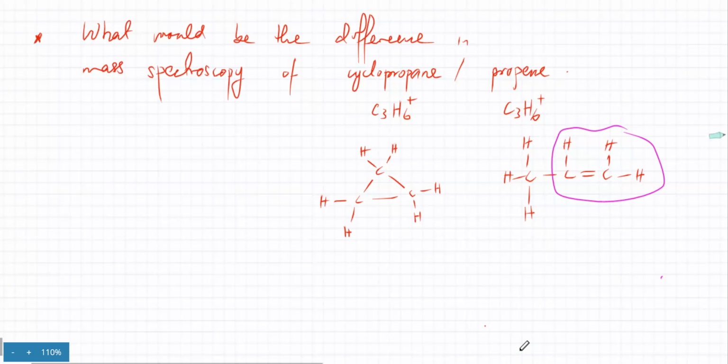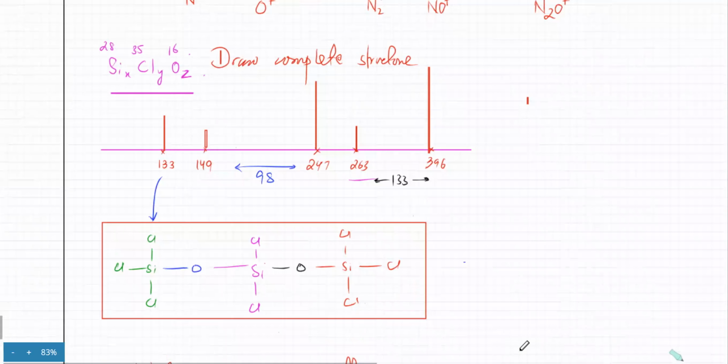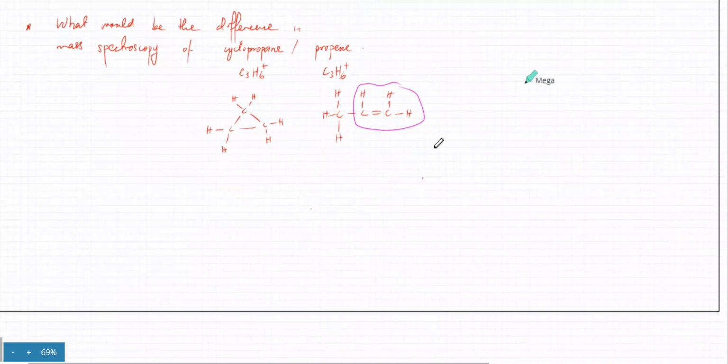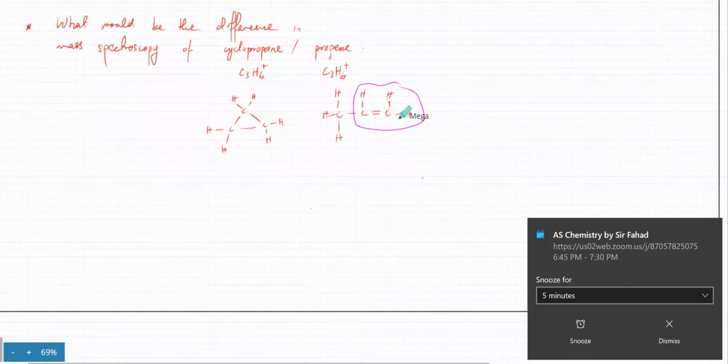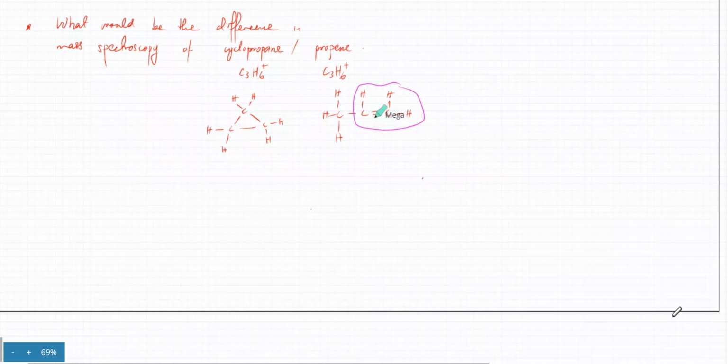Yes. Okay, remember that mass spectroscopy, when you're getting this image, you don't know whether there's a double bond or not. The only difference is the mass. Mass spectroscopy only detects masses, particles having different masses. What is inside that particle, mass spectroscopy doesn't know; it doesn't know what it contains. So what is the mass of this particle? The mass of this particle is 2 carbons and 3 hydrogens, that is 27.